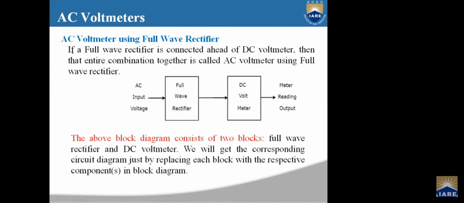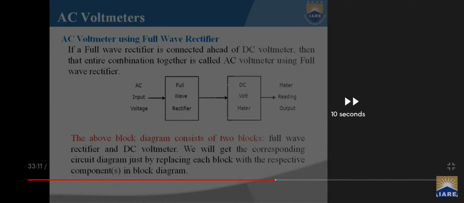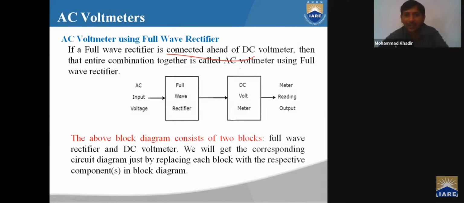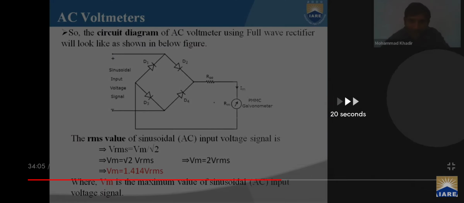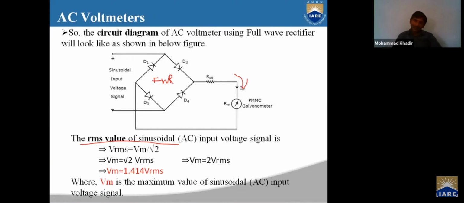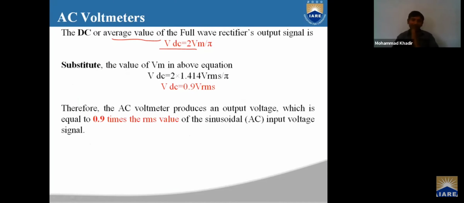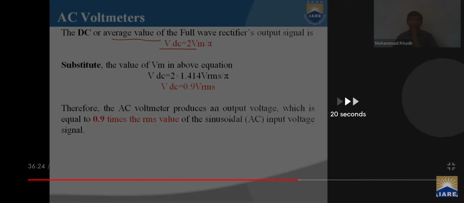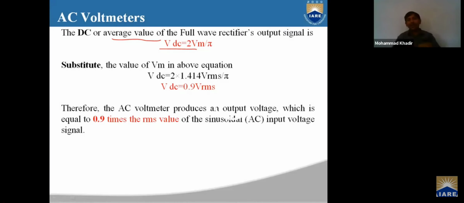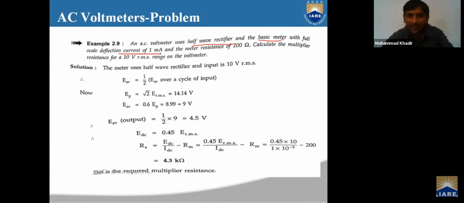For a full wave rectifier circuit, we just have to add a diode. In your rectifier circuit, the same things are used here. So what is the root signal? For half wave, by the definition, we got 0.45 of VRMS. In practice, we will see one problem in the coming slides where the current is 1 milliamp and the internal resistance